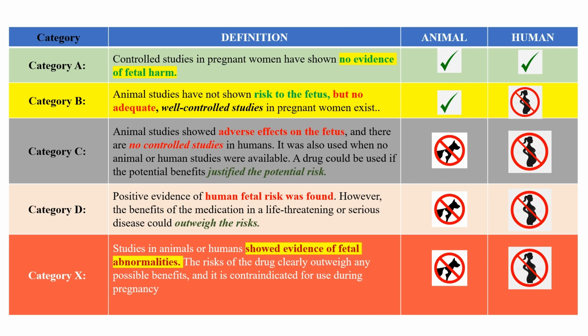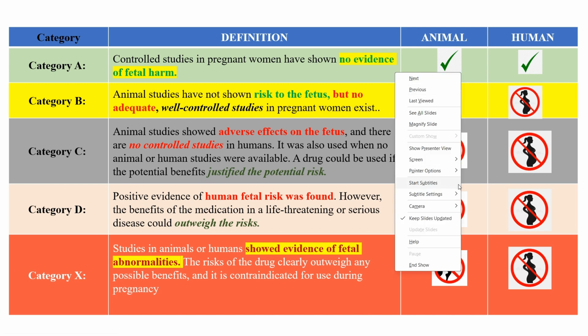What are these categories and how are they classified? There are five categories. Generally A, B, C, D and X. Sometimes we can call it E. Right. What does category A stand for? The category A stands for